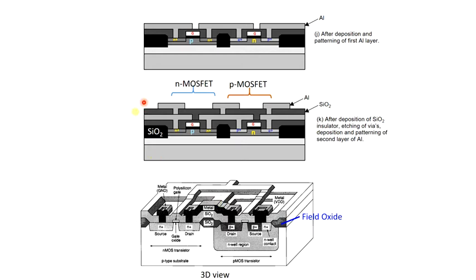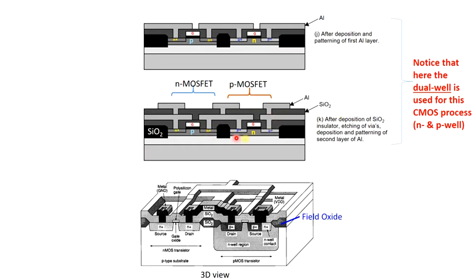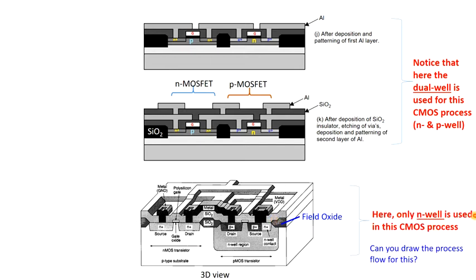But I think you have noticed that this CMOS inverter and this CMOS inverter have not gone through the same process, because for this process, we have used both N-well as well as P-well. So both N-well and P-well. This type of process is called the dual well, right? But if you see this structure here, we have only used this N-well, right? There is no P-well. So that is one difference. Here only N-well we have used.